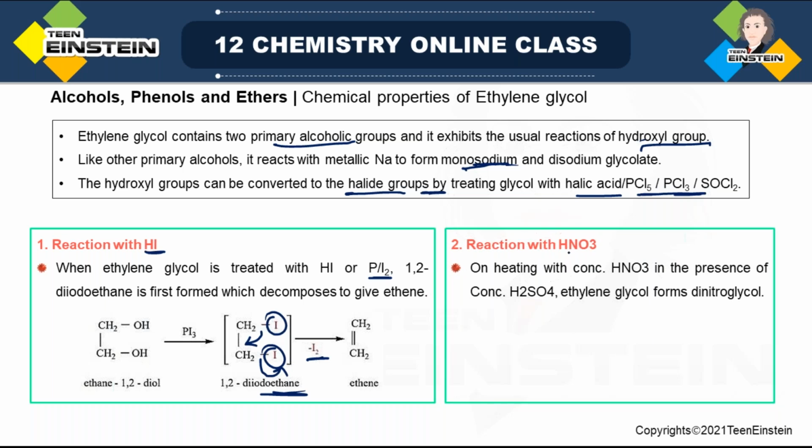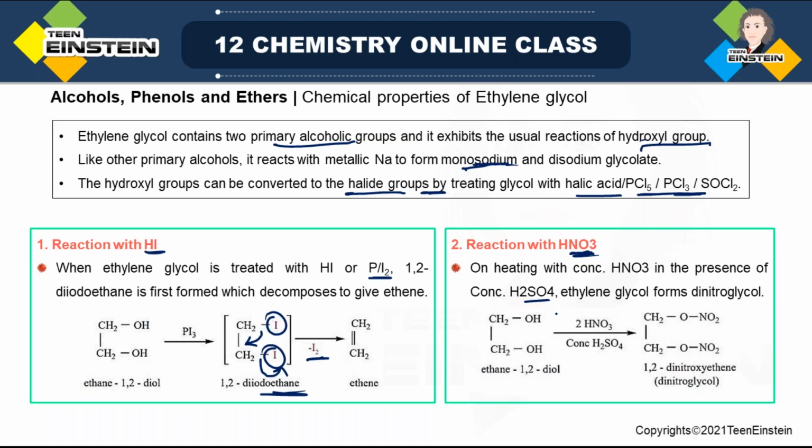Second type of reaction is reaction with nitric acid. If you are heating ethylene glycol with concentrated HNO3 in the presence of concentrated H2SO4, then there will be formation of dinitroglycol. So the OH group is now replaced by an ONO2 group, and that is coming from HNO3. You can also write it as NO3, but if you want to have a proper idea of what type of bonds are present, here you can see there is a carbon-oxygen bond,